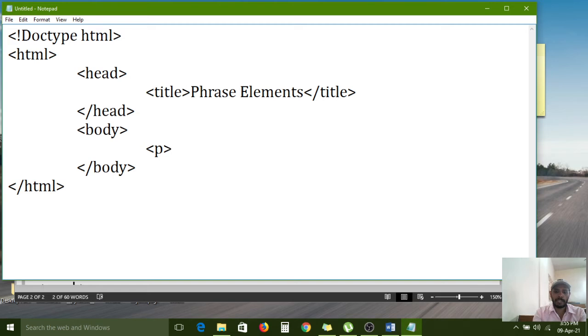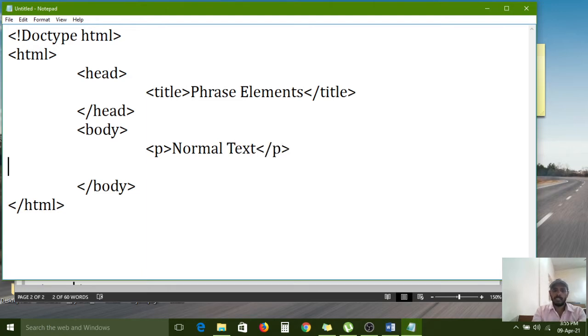First I am applying normal text. It will take the default font and print in the normal way. After that, I am using EM for emphasized text.